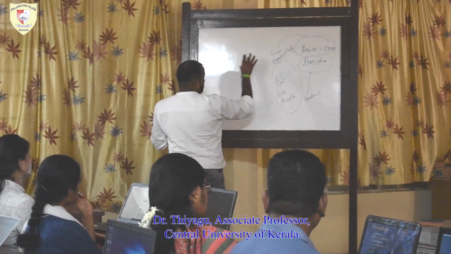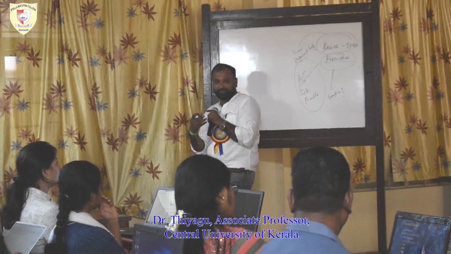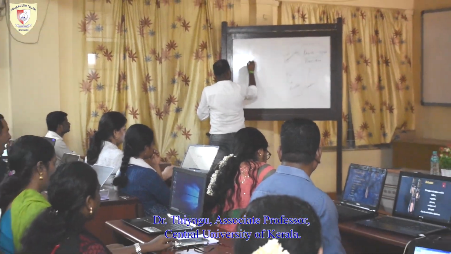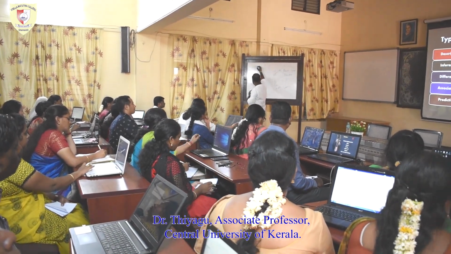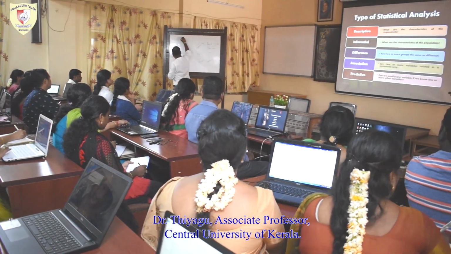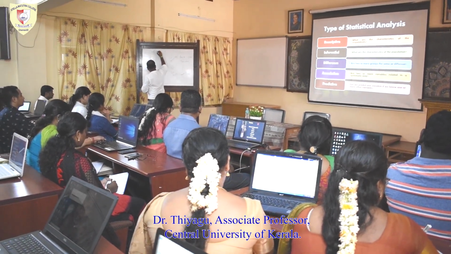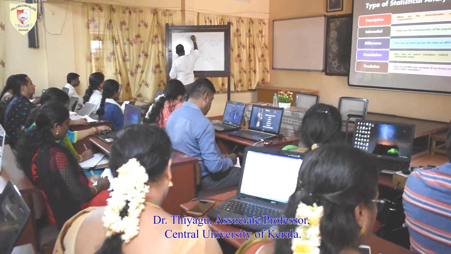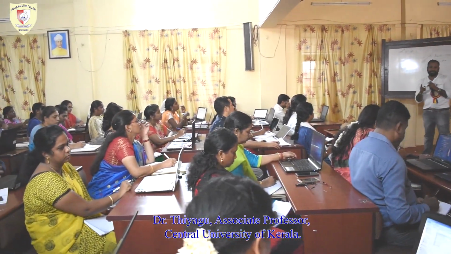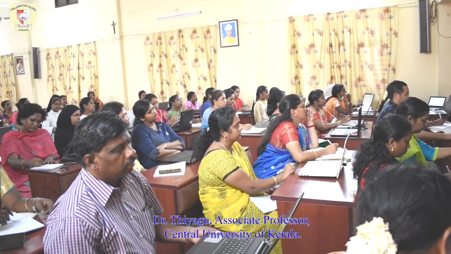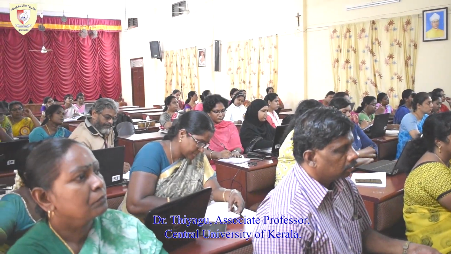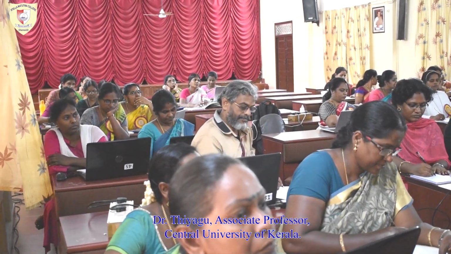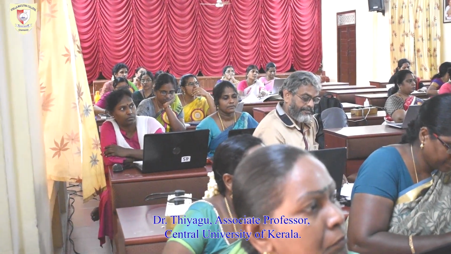Once again, I am going to highlight this because that is the basis of the statistics of SPSS. According to Stevens, he made three categories. Madam already highlighted: the first characteristic of the scale is magnitude, then equal intervals, then absolute zero. These three properties determine what kind of scale it is. Whenever you have a doubt related to any variables or any data, just draw it and you will get the clarity. So the lowest order of the scale is nominal,